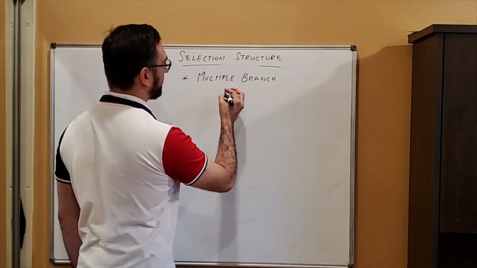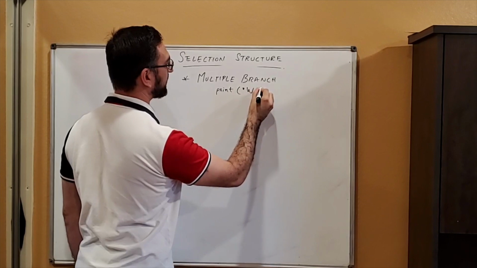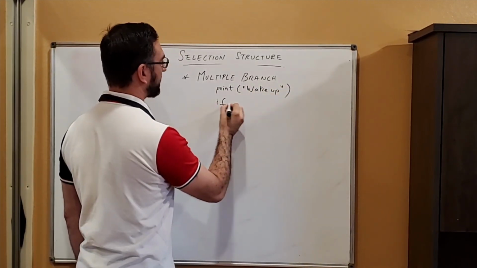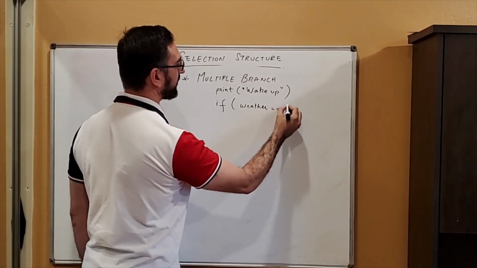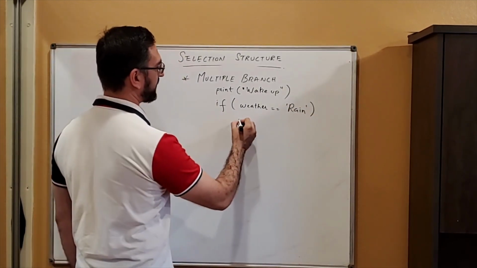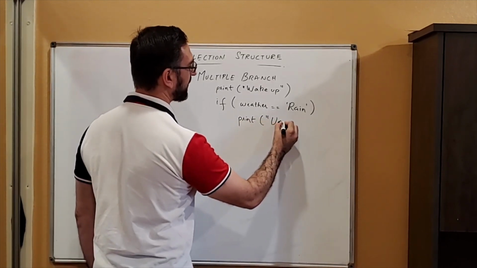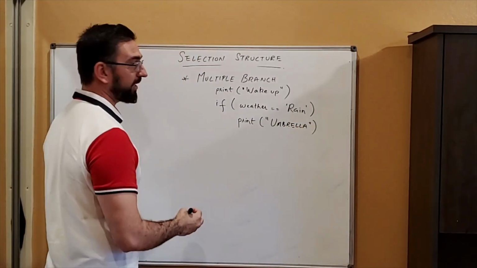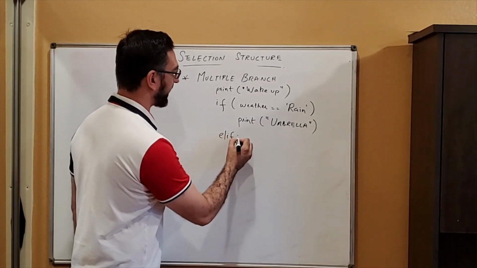So we say, again, we print our statement, wake up, and we check a condition. Let's just say weather equals rain. Then we print umbrella, right? And if it is false, then we make another if check,